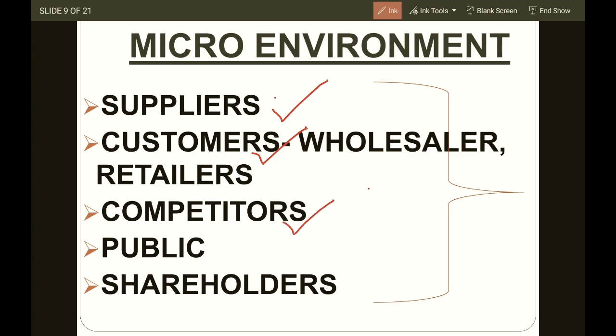Okay, competitors play a very, very important role. Competitors form an important part of the micro environment. Businesses capture a large share in the market. They constantly watch the competitor's policy and adjust their own policy to gain customer confidence and increase market share. Very important. If you're not analyzing the competitor, the competitor's product, the competitor's pricing policy, the competitor's promotional strategy, what will happen?